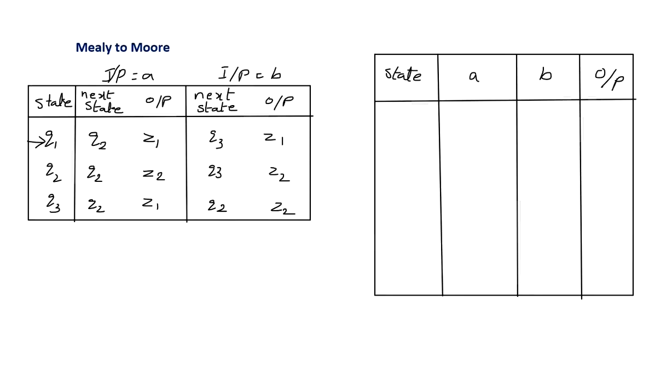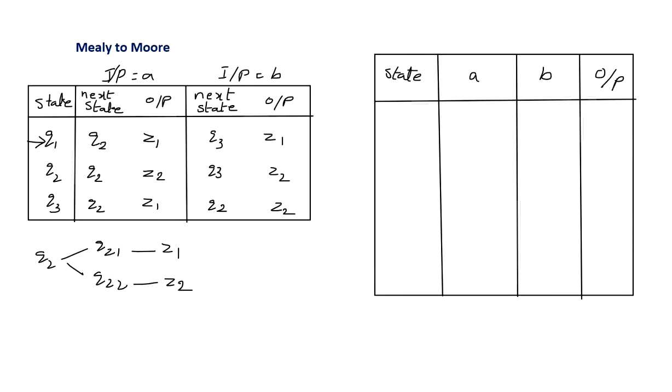We will see one more example to convert Mealy machine to Moore machine. In the given Mealy machine, there are three states, that is Q1, Q2, Q3 and Q1 is the starting state. If you observe in the Mealy machine, if the machine is at Q2, output is Z1. And if you observe here, machine is at Q2, output is Z2. So to avoid this conflict, instead of writing Q2, we can introduce two states, that is Q21 and Q22, and Q21 is giving the output Z1 and Q22 is giving the output Z2.